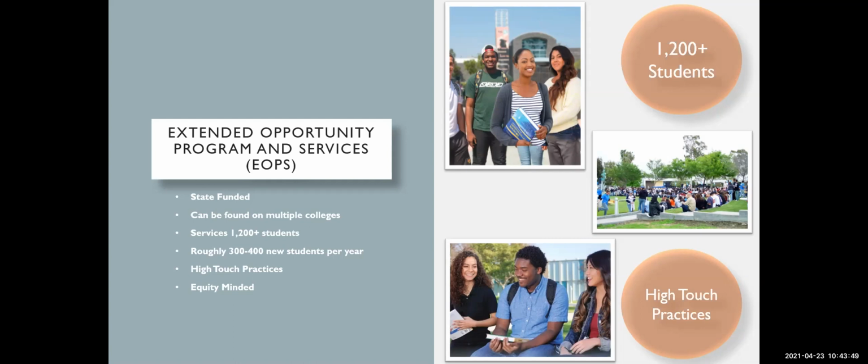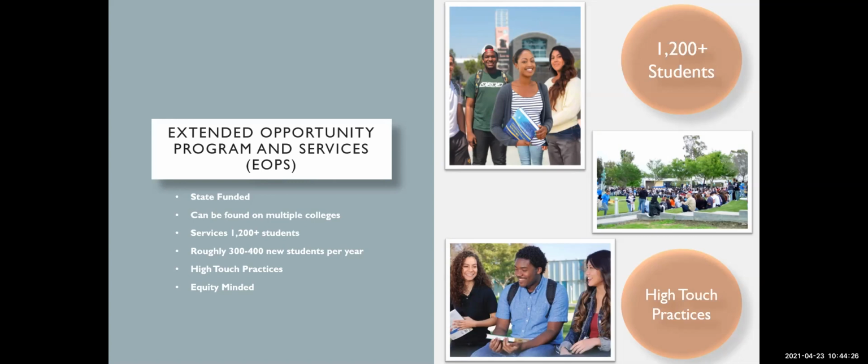We practice what we call a high touch approach. That means we are going to be in contact with you frequently and often. Our goal is to make you feel comfortable at school, to help you be informed, to answer any questions that you don't know. We understand that coming to college can be intimidating, right? There's a lot of process and structures that are in there, and you may not know all that. You're not an expert at being in the college system. That's not your job. Your job is to be a student. So my job is to be the expert and to provide those answers to you as you need them. So you'll be able to reach out to someone like me, reach out to an academic counselor, know what classes you need, things like that.